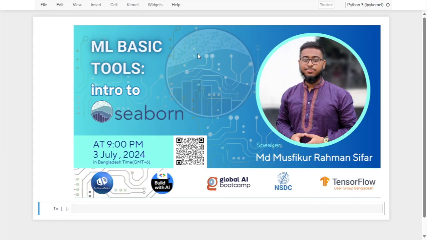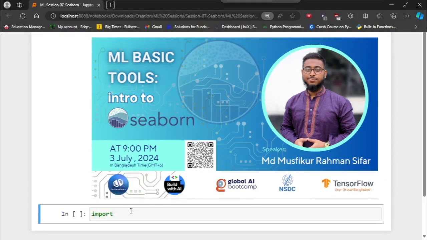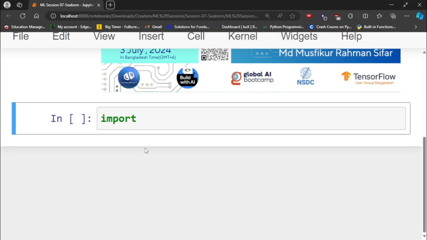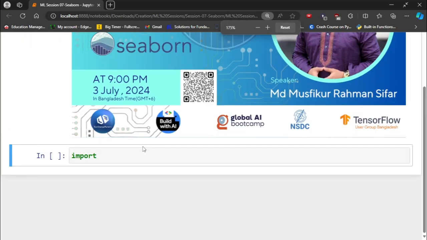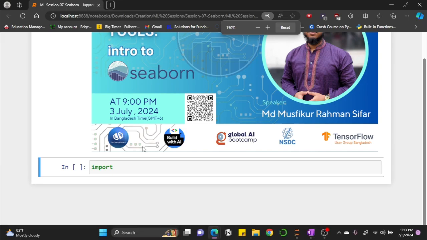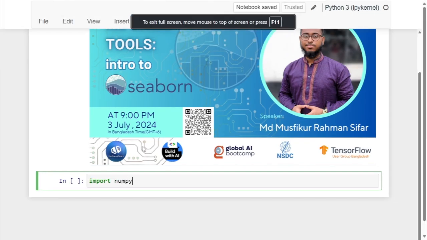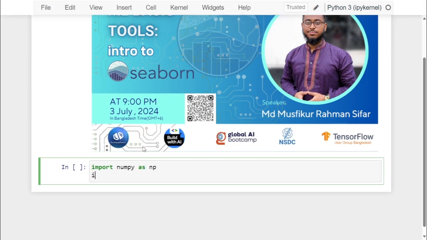Okay. Now, first, if you want to work in Jupyter, work with Seaborn, you have to import that. But before that, we also have to import our main libraries. Okay, which are our main libraries? Let me zoom out a little bit. Which are the main libraries? The main libraries are firstly NumPy as np,